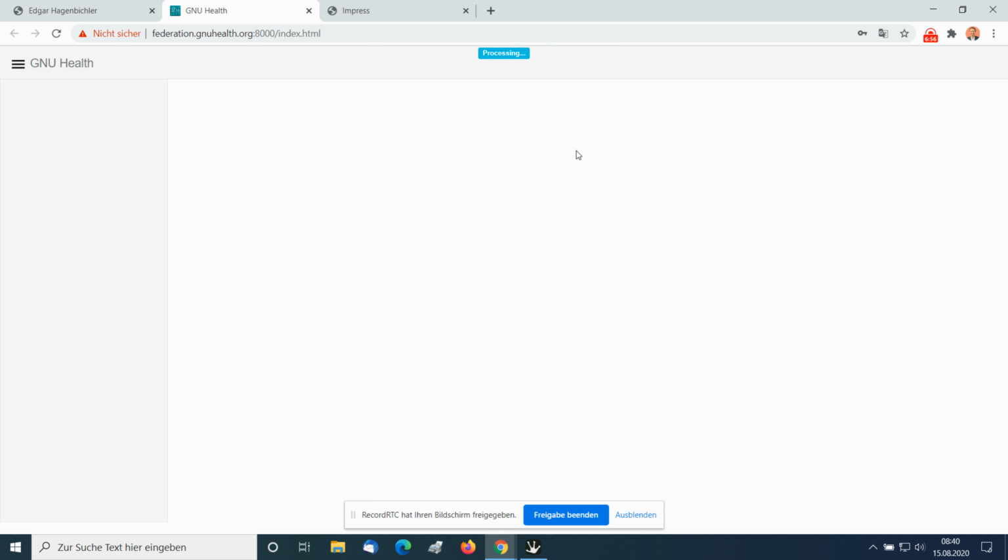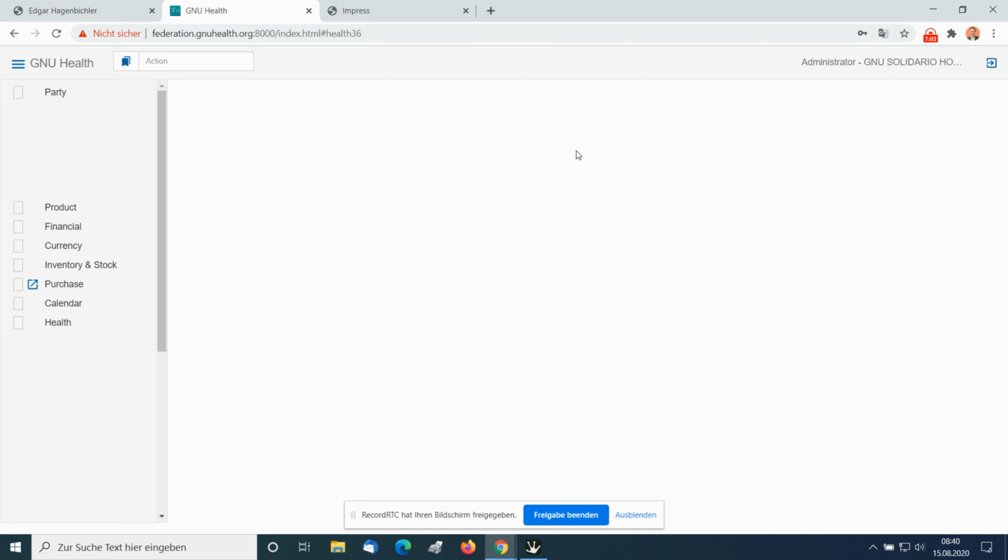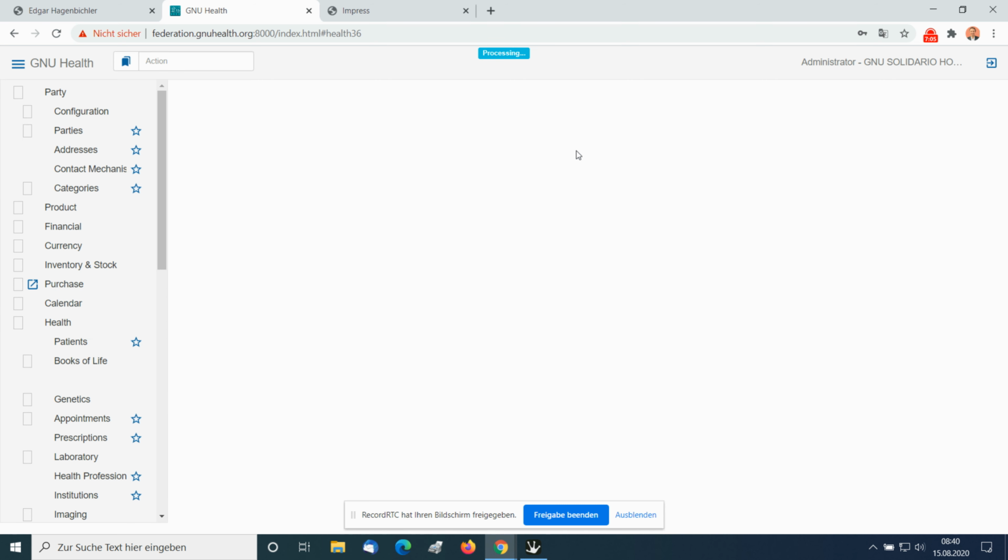GNU Solidario is the organization that provides GNU Health, which is made mainly by Dr. Luis Falcon, a physician, software developer and software freedom activist who lives in Spain, in Gran Canaria. So you see, that's the demo database which you can use with a web client, with a normal web browser,